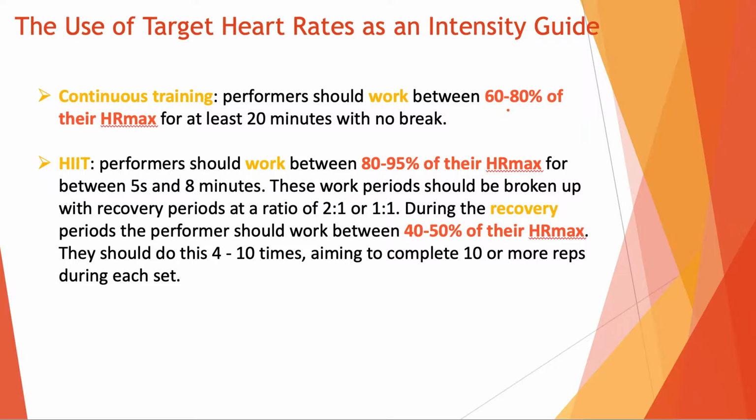And that's important because dependent on the method that we choose in order to improve our aerobic capacity, they call for different levels of intensity during the exercise session. So continuous training says that the individual should work between 60 and 80% of their heart rate maximum. For high intensity interval training, it says that the individual should work between 80 and 95% of their heart rate maximum, and that the recovery should be between 40 and 50% of their heart rate maximum. So we're using this idea of percentage of heart rate max in order to determine how hard we're working and make sure we're A, not working too hard, and B, that we're working hard enough so that we bring about